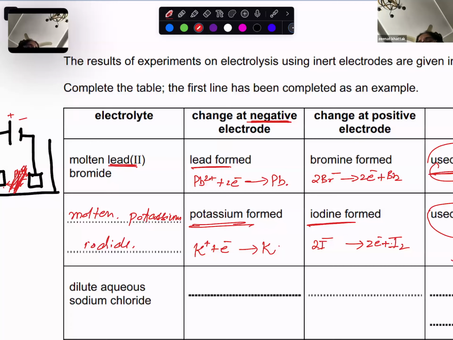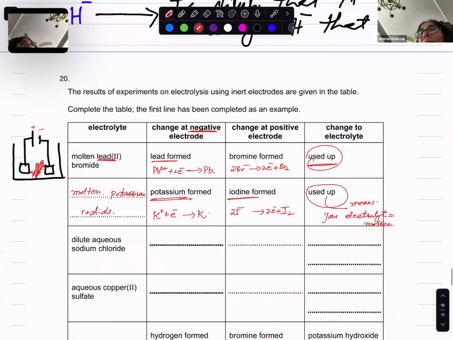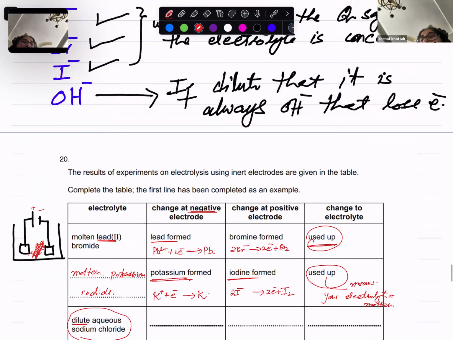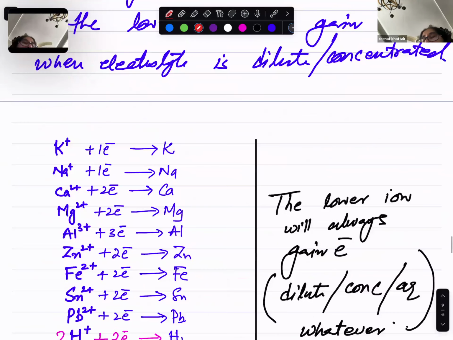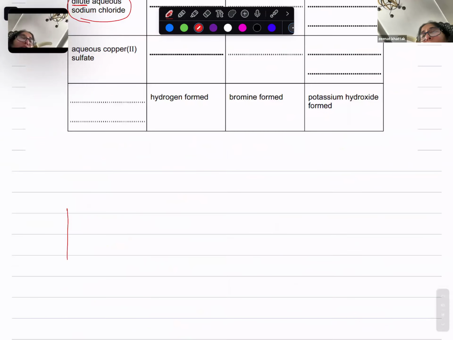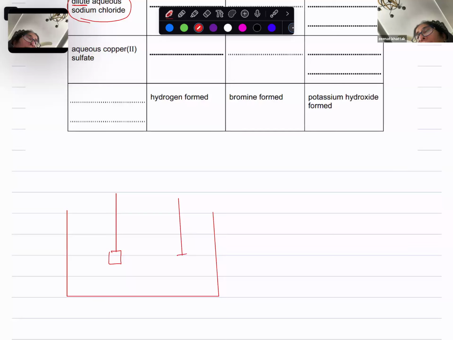Potassium iodide. Now, next, it's dilute aqueous sodium chloride. Look, now I'm going to apply it. I'm going to draw this